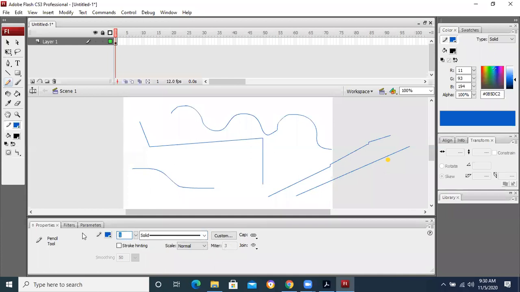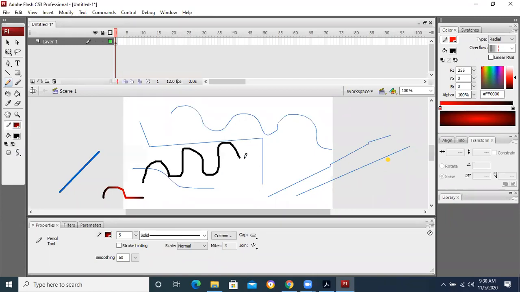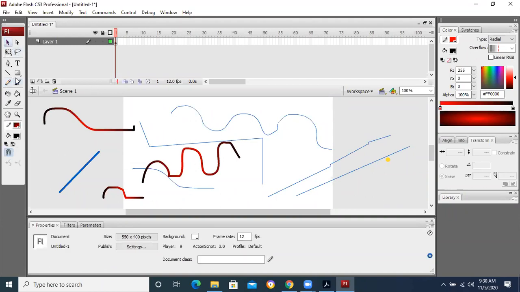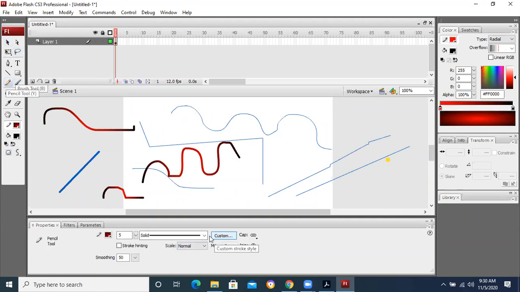Here you can see the thickness of the pencil. If I take the thickness 5, the line that I am drawing is now 5 points. Now if I change the color, then the line I am drawing is basically in this way. Now if I take a smooth line, so you can see that if I am drawing a smooth line, it will be drawn in this way. Okay, so it depends on what kind of operation is there that we are going to do.